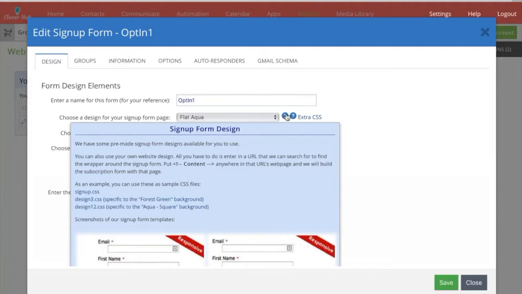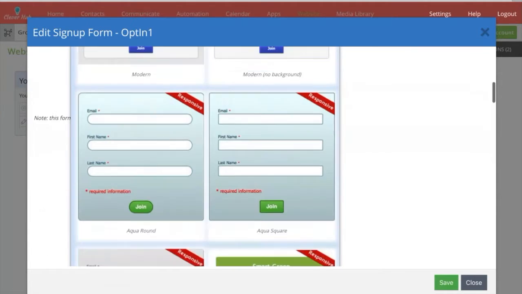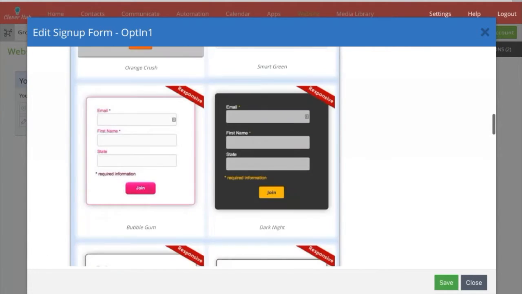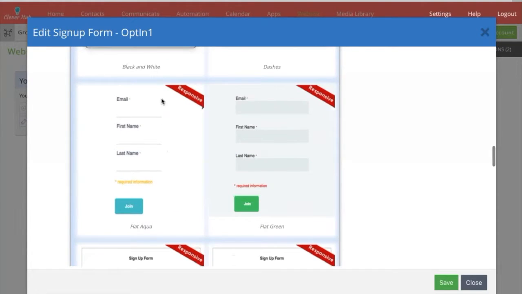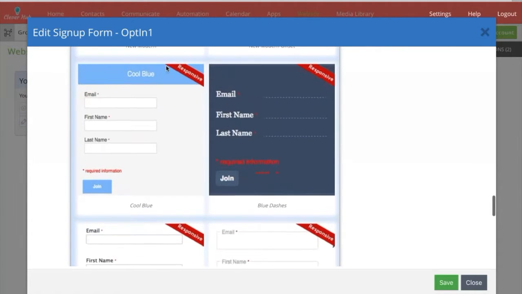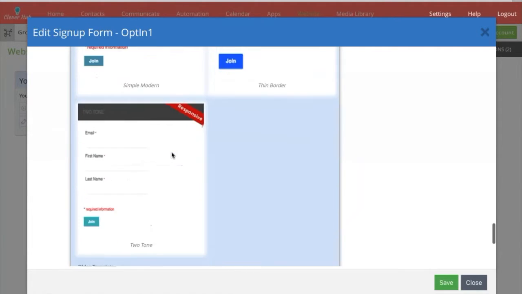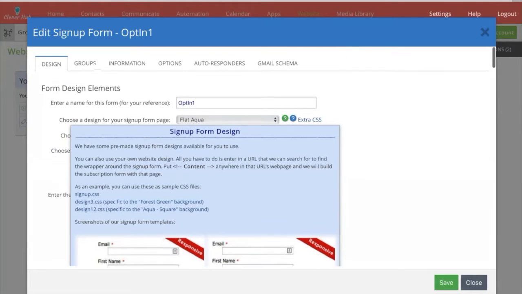You can click the little question mark here and you can see kind of how all of these look. Flat aqua is just my favorite because it's responsive, it doesn't have a border, and it kind of matches my site. So that's the one that I tend to use a lot, but any of these are good. I would absolutely use a responsive one if I were you. They're just better in general. So I'm going to click flat aqua,